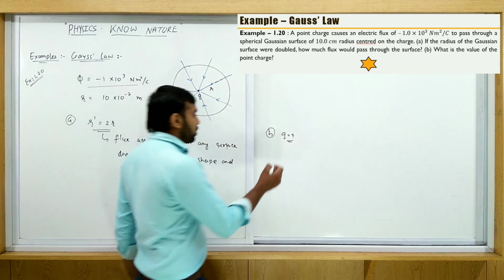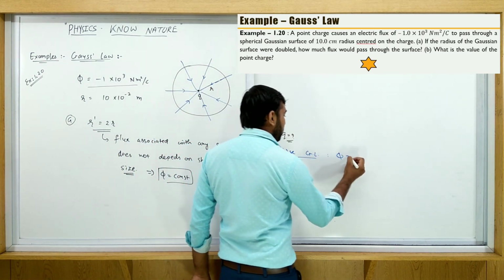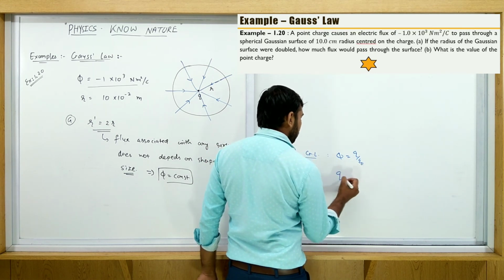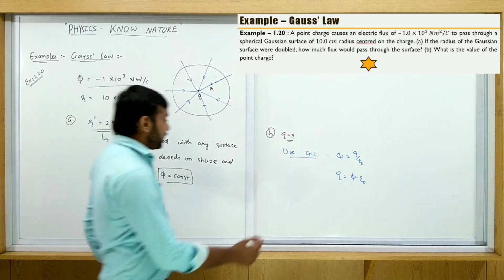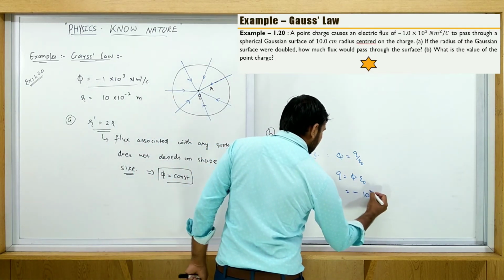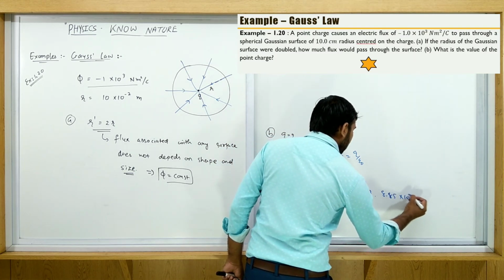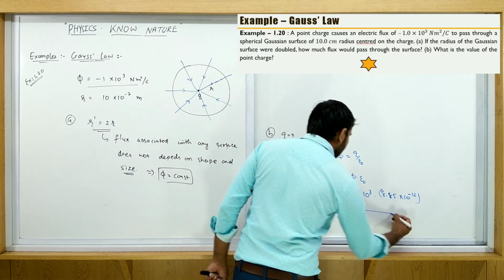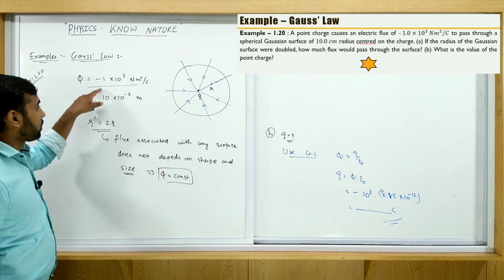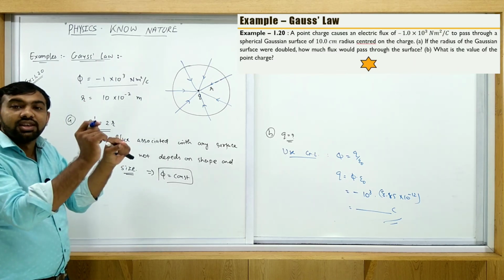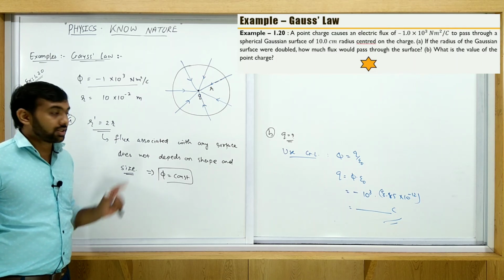Okay, so use Gauss law. What is Gauss law? Flux is equal to Q upon epsilon. So Q is equal to flux into epsilon. Your answer is minus 10 raised to 3 into 8.85 into 10 raised to -12. You get the answer in coulomb. But this charge is negative. Negative flux means flux entered into the surface. It means the charge is negative. Okay, all of you guys note this, then after we are going to the next one. Note it.